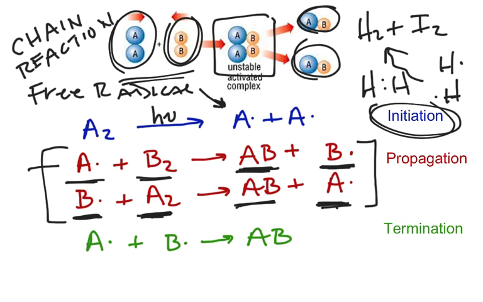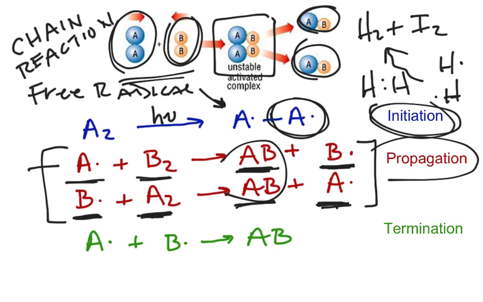So maybe just starting with one of these molecules might go through and interact with maybe 10,000 B2s and A2s to form tons and tons of AB. That's called the propagation step. So we initiate the reaction, and this is called the chain reaction. Propagation means it just keeps going and going and going until two particles meet, and so maybe